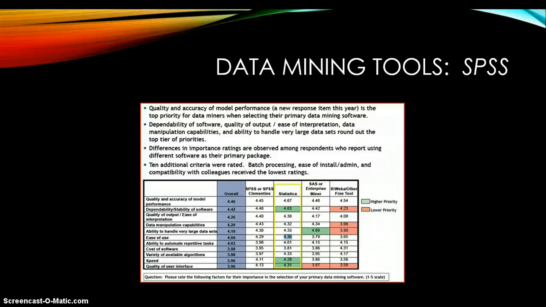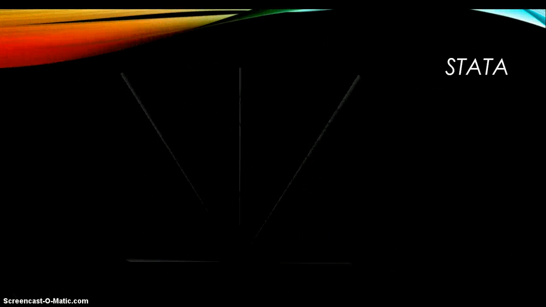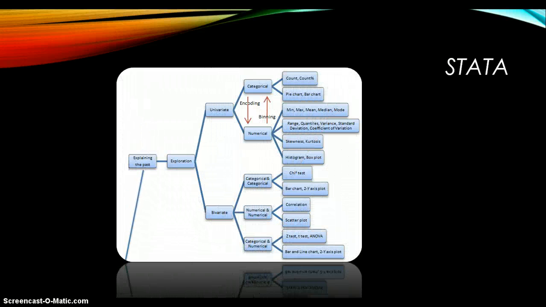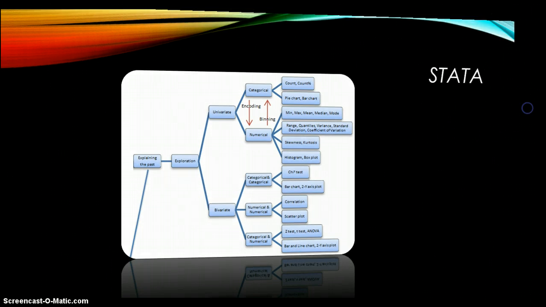SPSS is a good tool to minimize complex data management without the need to do cutting-edge statistical analysis. It is in spreadsheet format similar to Excel. SPSS is the weakest of the three data mining software presented here as far as statistical procedures go. The advantage is that it does not require a mainframe and is more user-friendly than other data mining software available on the market. STATA is a program for cutting-edge research without the data management requirements of SAS and is useful for development and modifying statistical procedures.